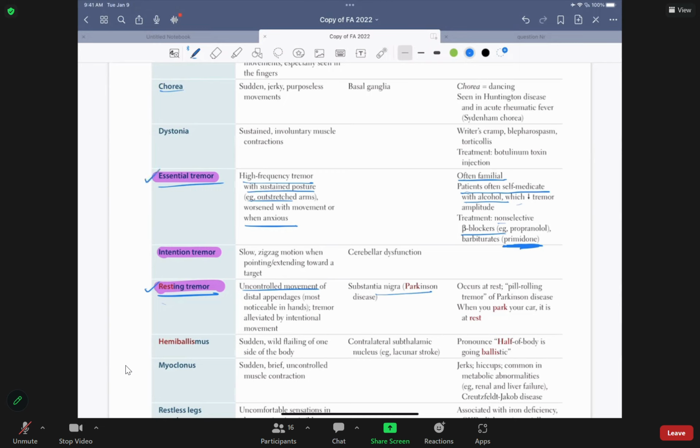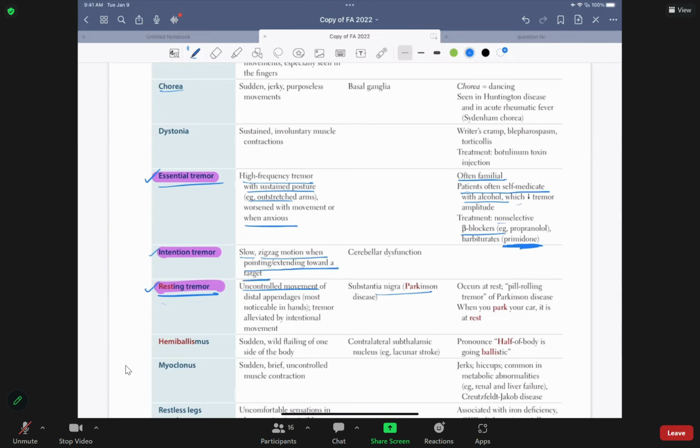That's essential tremor. The last one is intention tremor. Look at the word. Intention tremor is you are sitting, no problem, but you try to do something. When you are trying to do some activity, then you have a tremor. A good example, the patient tried to reach the coffee cup, and while he was trying to reach the coffee cup, he took the coffee cup and he spilled it because he's trying to do something. Is that clear, folks? That's intention, that they are trying to do something. When they're trying to do, you have a tremor, folks.